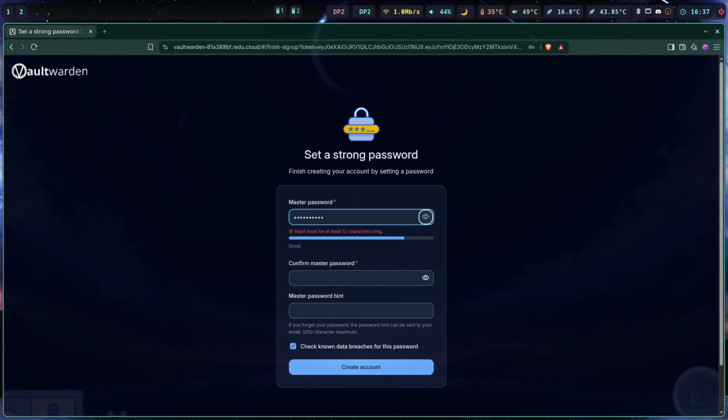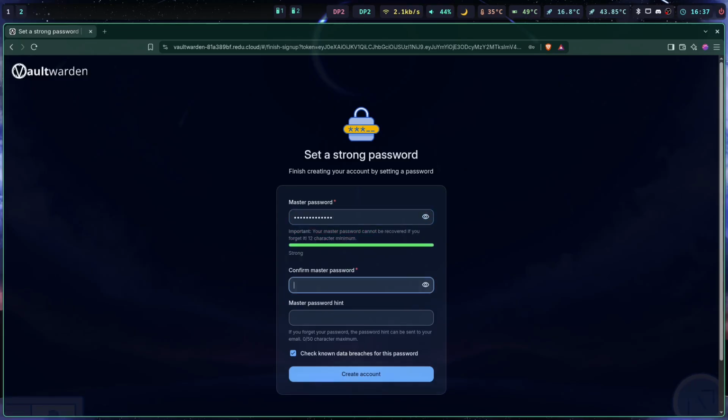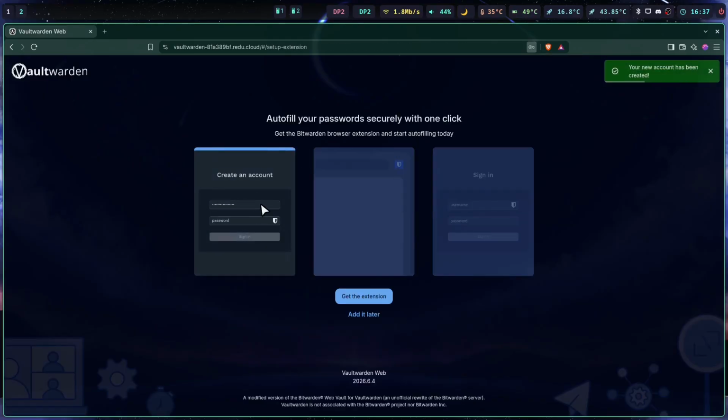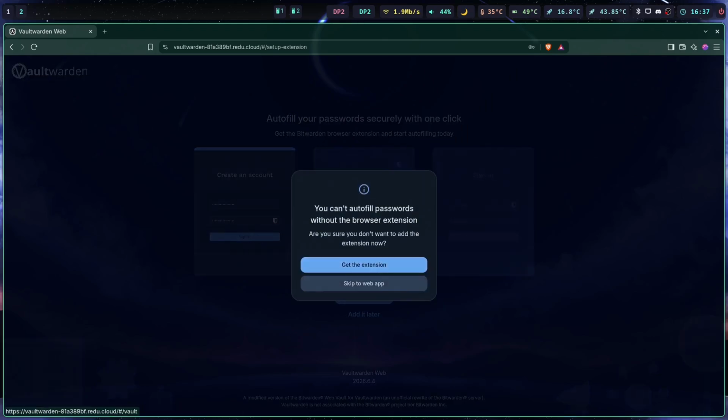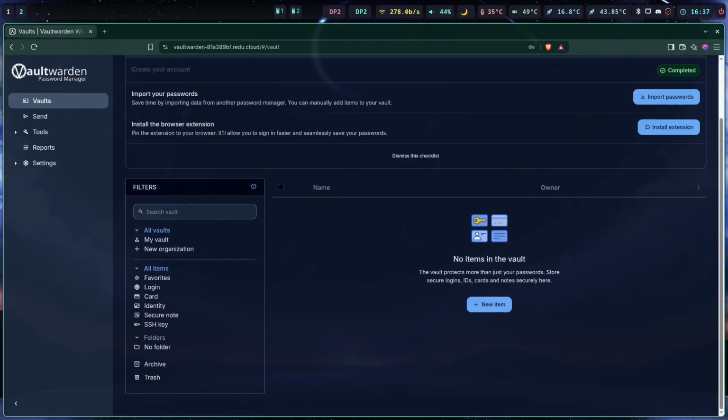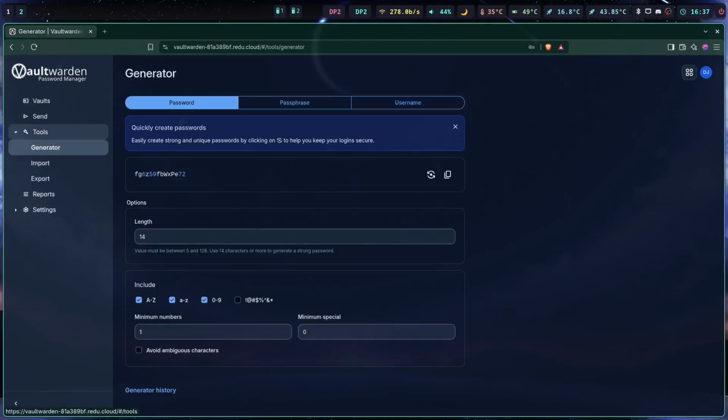Oh, it has to be 12 characters long. Okay, just repeat the password. And I don't want to check for data breaches. Okay, so the account is created. I'll just skip everything, tutorials and stuff like that. And I will create inside my vault